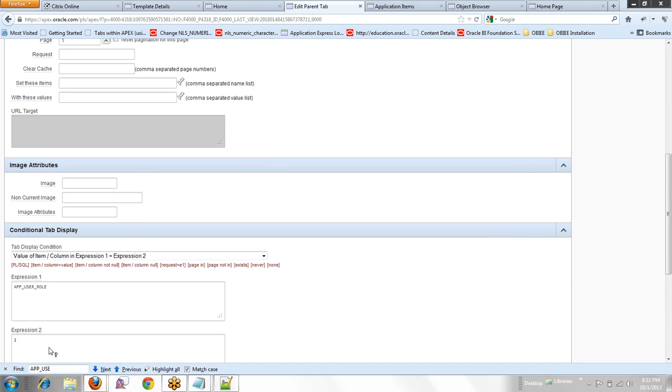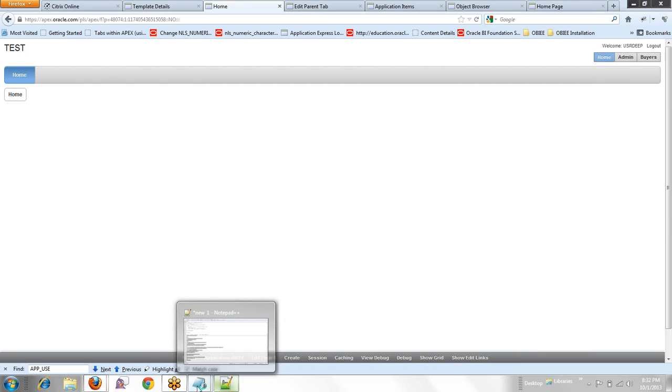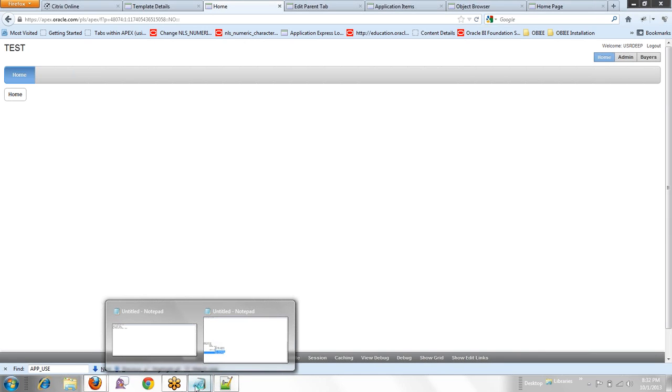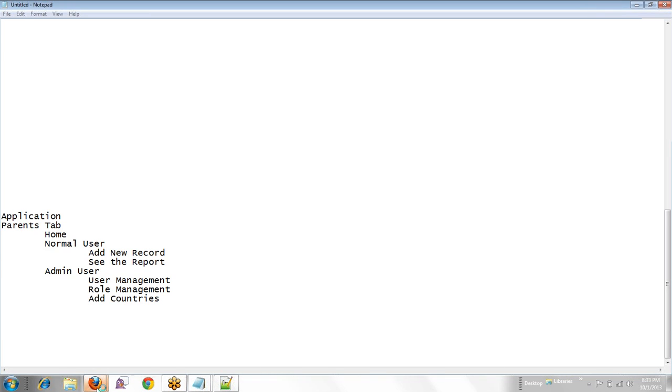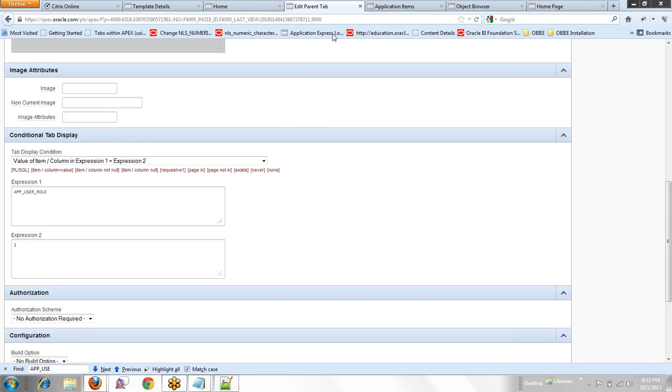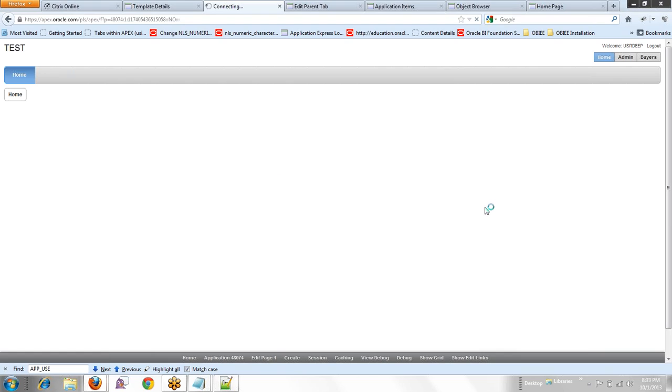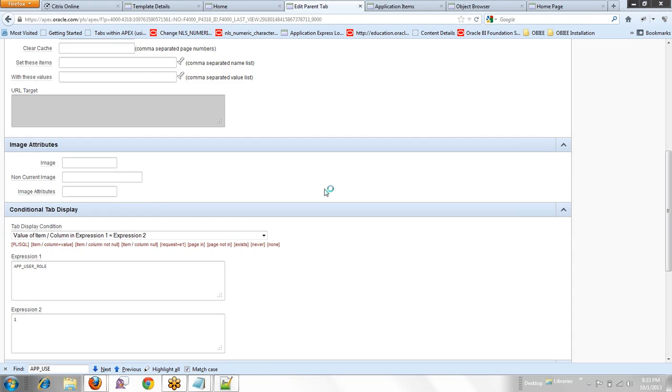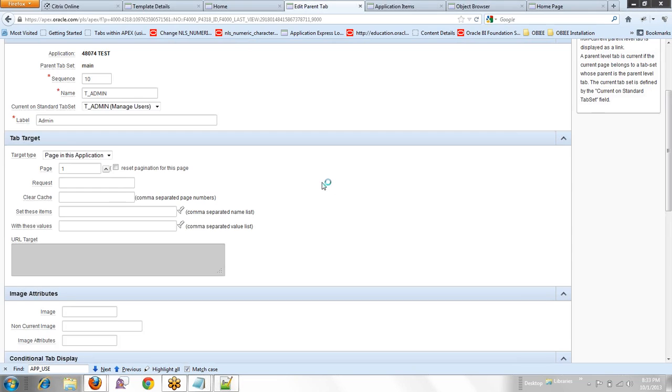So this is the way our applications are created in Oracle Apex. This is a well-managed application, a full-fledged application structure. This is how I structure my application. We are clicking here, but nothing is coming because they all are connected to page 1. So that's why it is not showing me other tabs. If I have multiple pages in this application, I can connect them to different parts of this